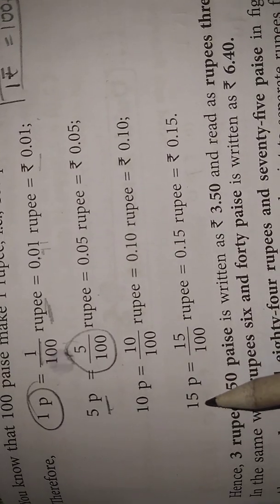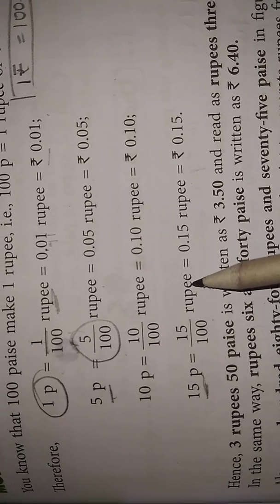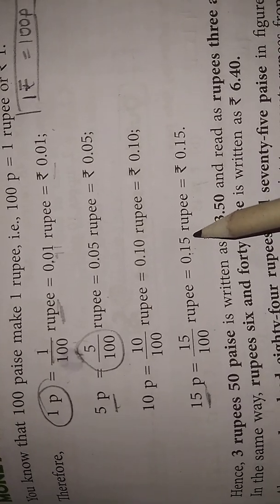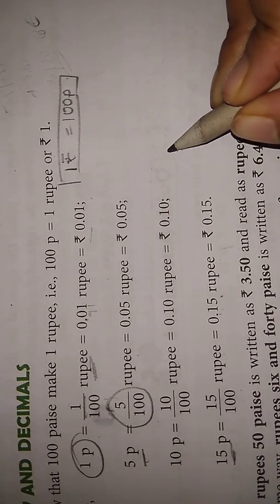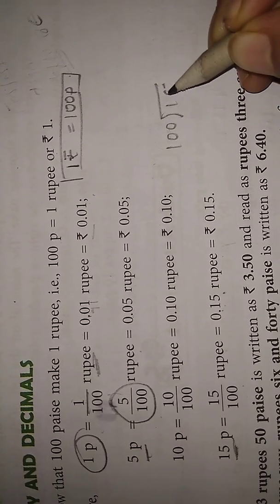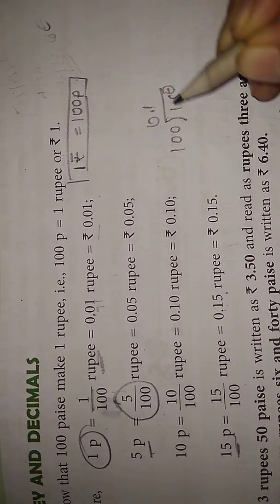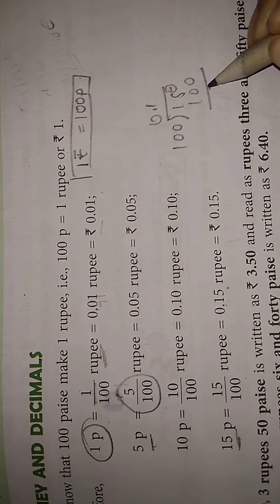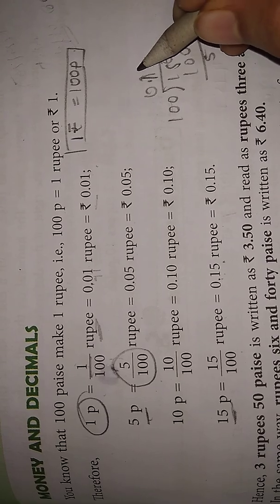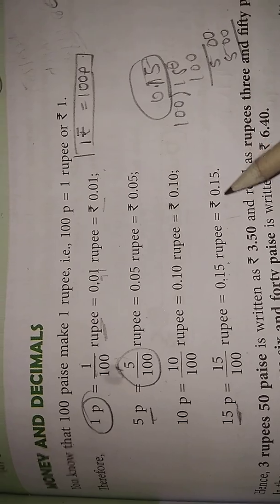Now look here, another example. We have to convert 15 paise into rupees. Simply we will divide 15 by 100 and we will write it in rupees. Then what will come here? This will be 0.15. If you want to see it after doing division, you can do the division like this. 15 will not come in the hundreds table, then we will put 0, then we will write here 0, then this will be 100 and 50 will remain here. We are getting the same answer from this also.